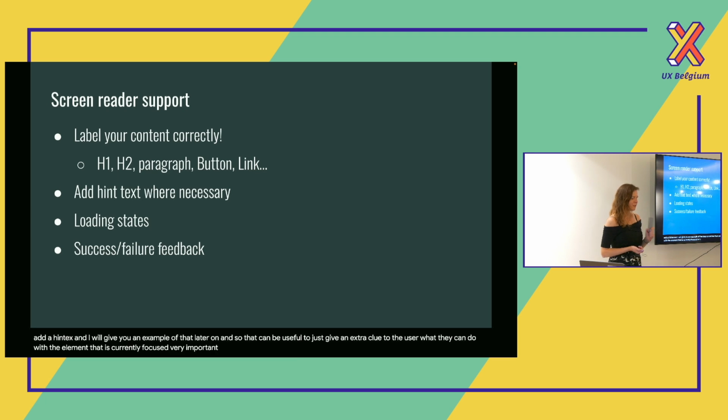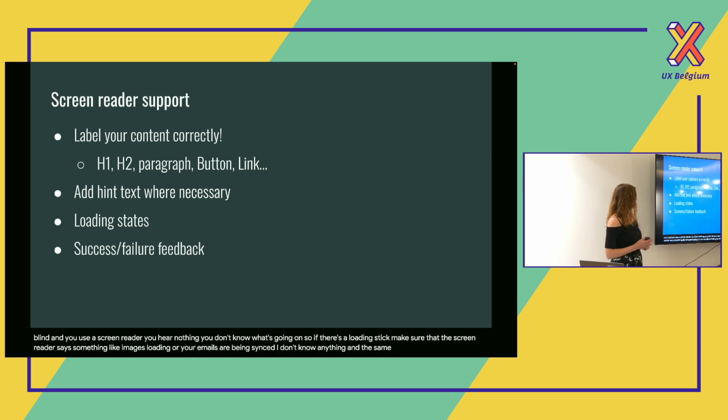Very important thing that's often overlooked is a loading state. So if you can see, you're looking at your screen, there's a spinner, there's a progress bar, I don't know, something is moving. So I know something is going on and I wait. If you are blind and you use a screen reader, you hear nothing. You don't know what's going on. So if there's a loading state, make sure that the screen reader says something like, image is loading, or your emails are being synced, I don't know, anything.